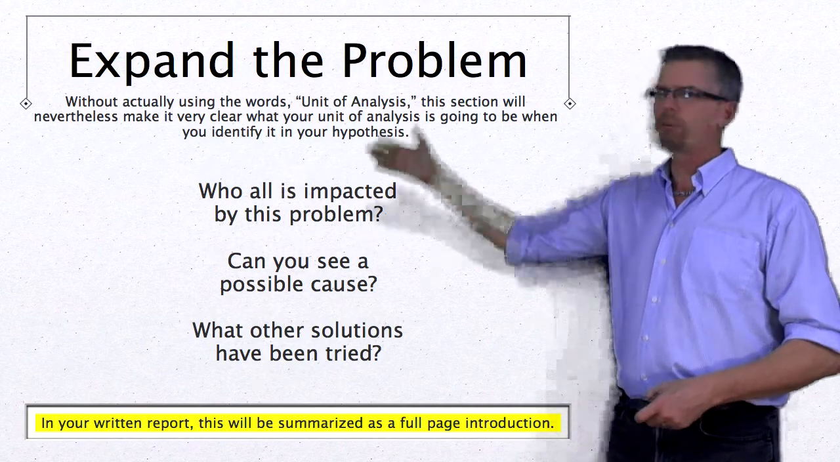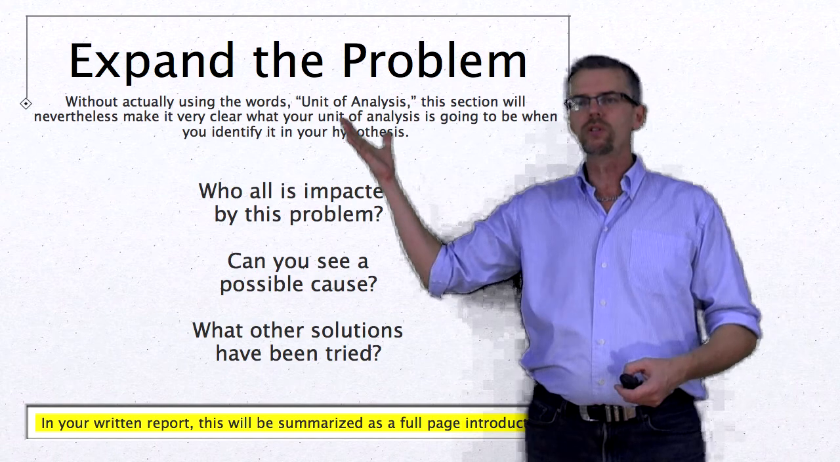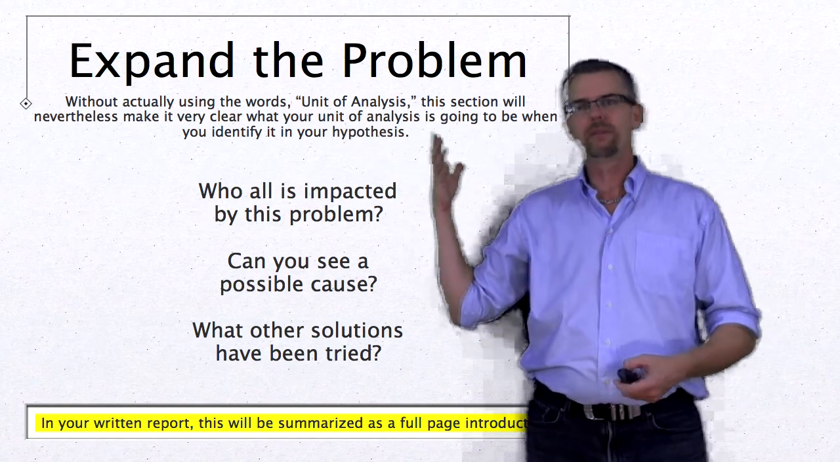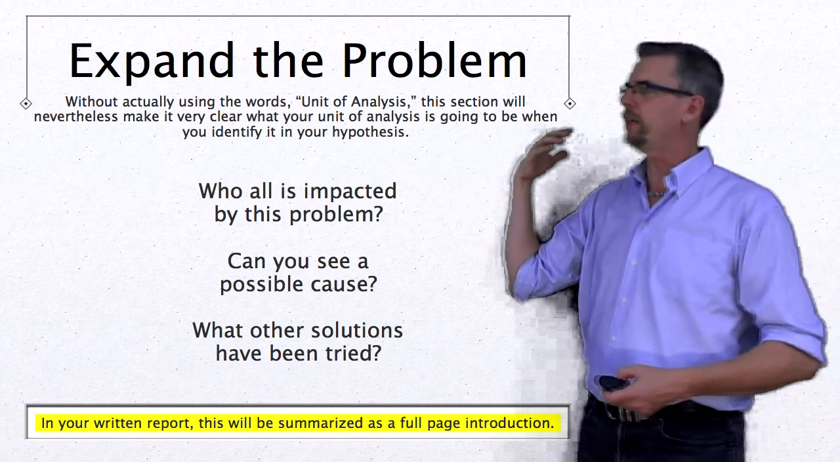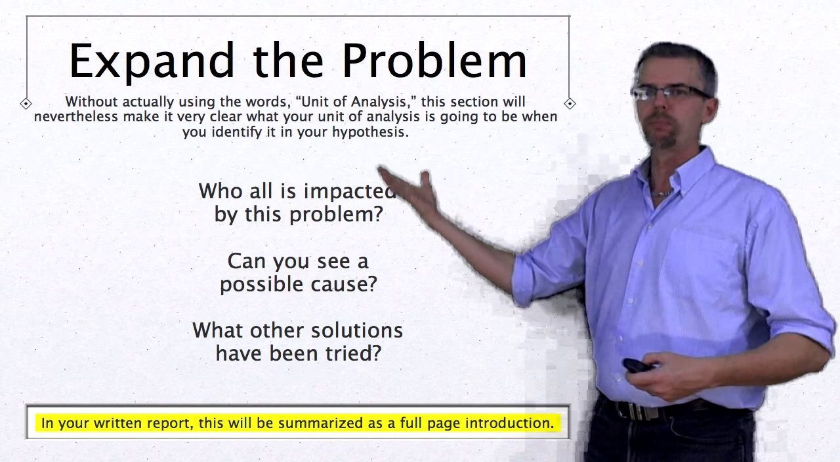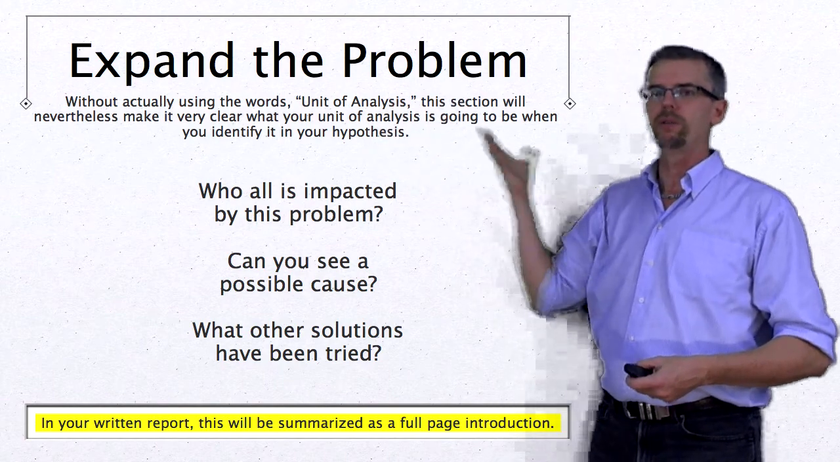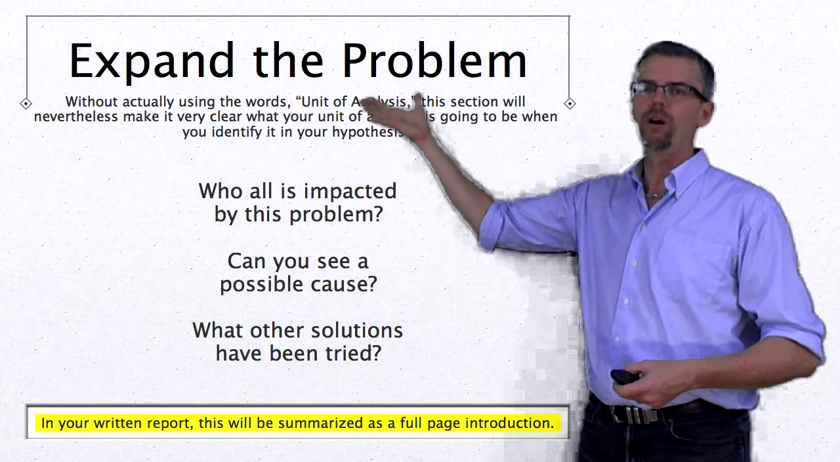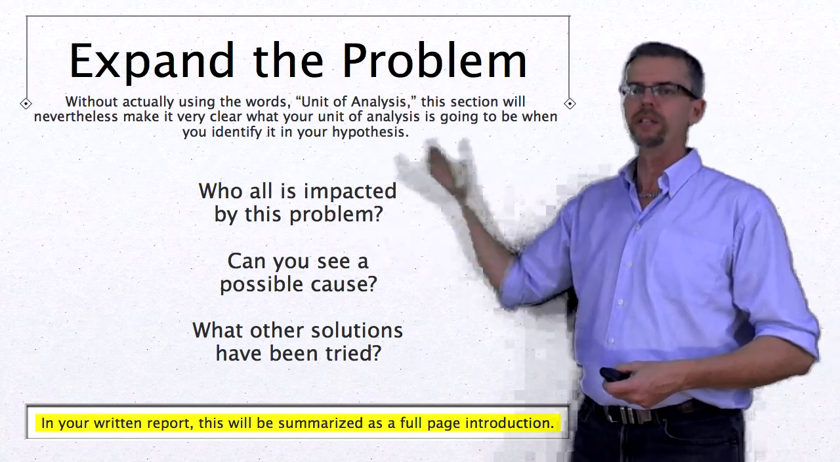Next, you expand your problem. And without actually using the words unit of analysis, this section will nevertheless make it very clear what your unit of analysis is going to be when you identify it in your hypothesis. So other ways that you expand the problem is you embed in here who and what your unit of analysis is. You talk about who all is impacted by this problem, and you see a possible cause and what other